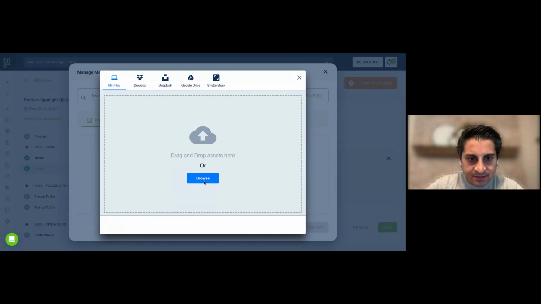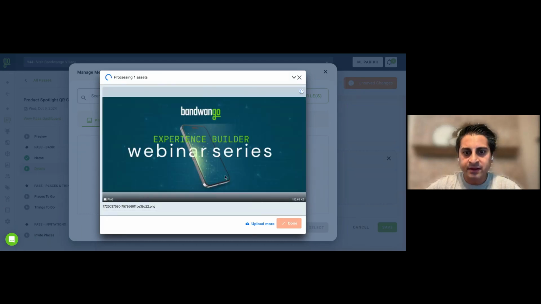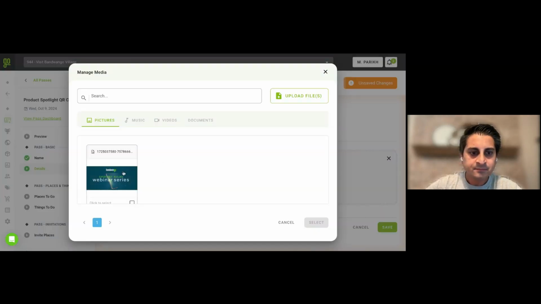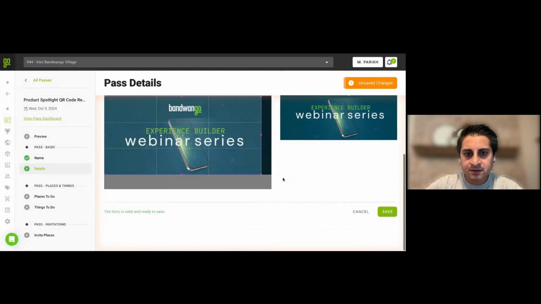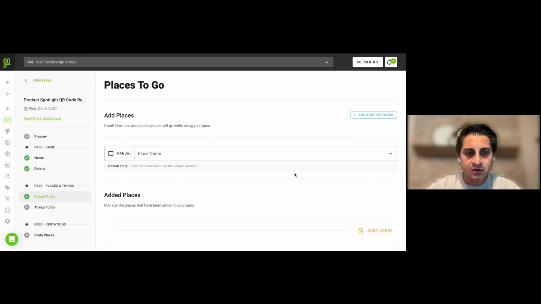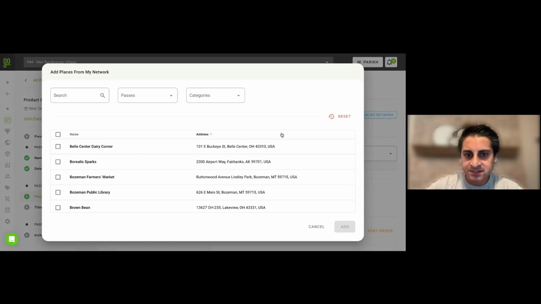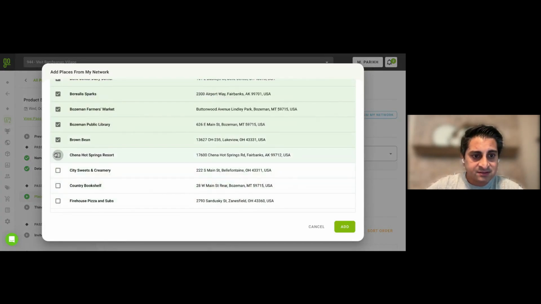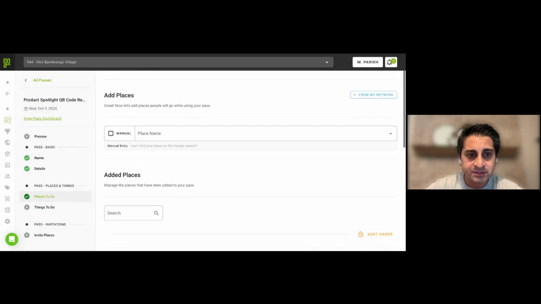And in this case, I think I got a simple image right over here. All right, so now let's just go ahead and save this. And now this is going to take us onto the places to go portion of this. Let's say in this case, I want to choose locations that I've previously used in passes I've had in the past. So let's just go ahead and select a few of these and go ahead and add them into this